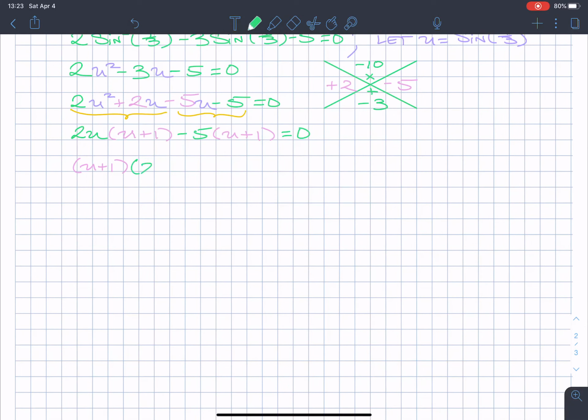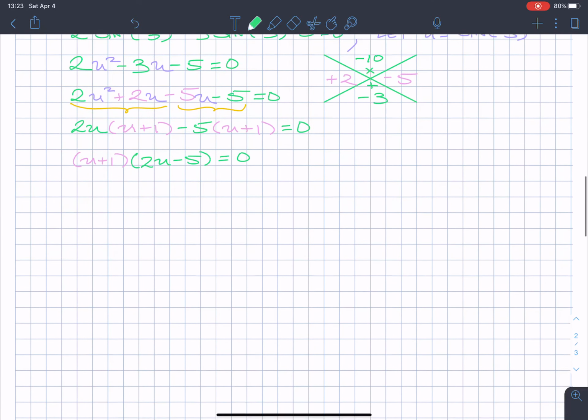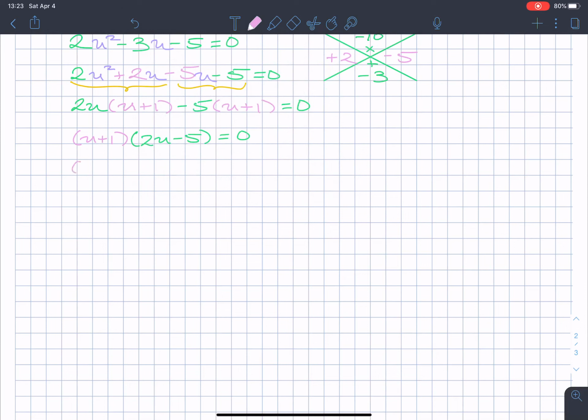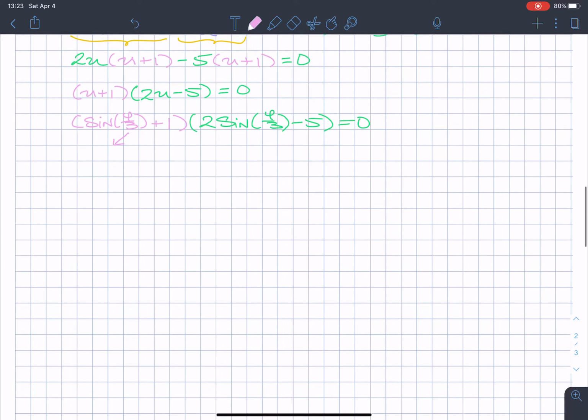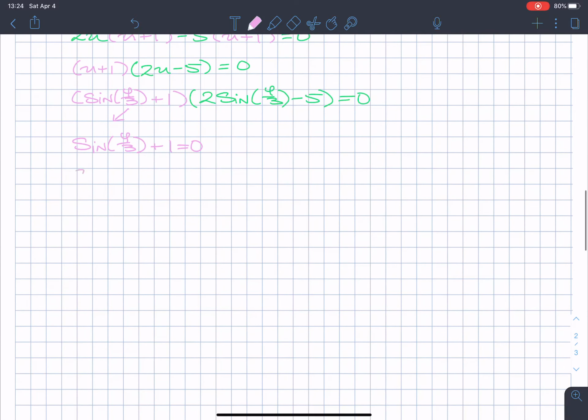But remember, u was a placeholder for sine of phi over 3. So I can now rewrite this as sine of phi over 3 plus 1 times a quantity 2 sine of phi over 3 minus 5 is equal to 0. So in the first case, we say sine of phi over 3 plus 1 is equal to 0, which means that sine of phi over 3 is negative 1,